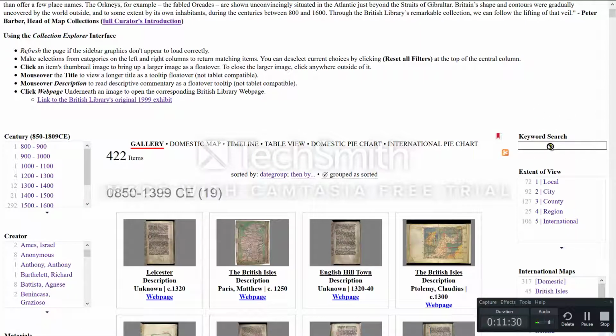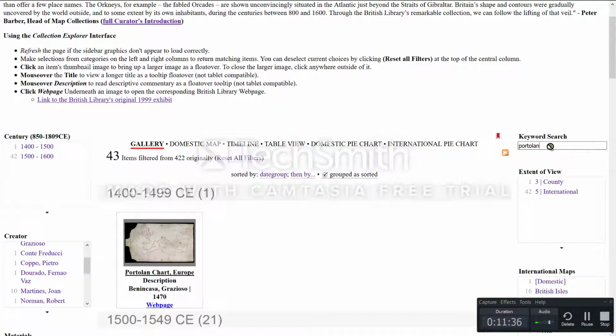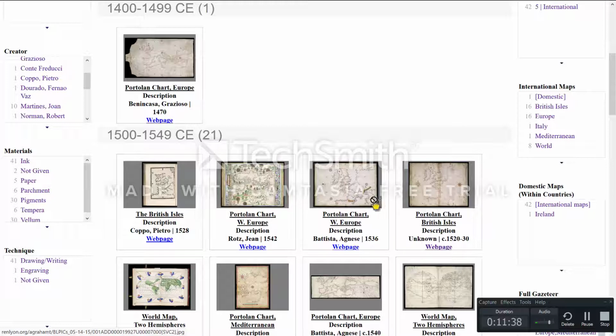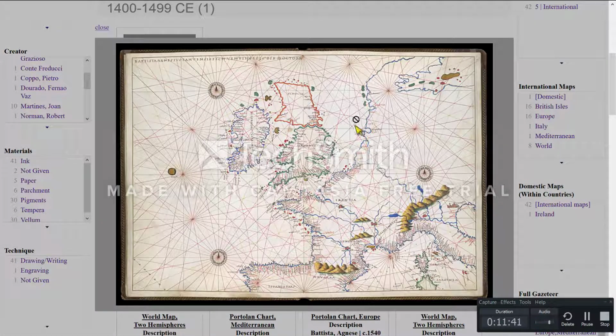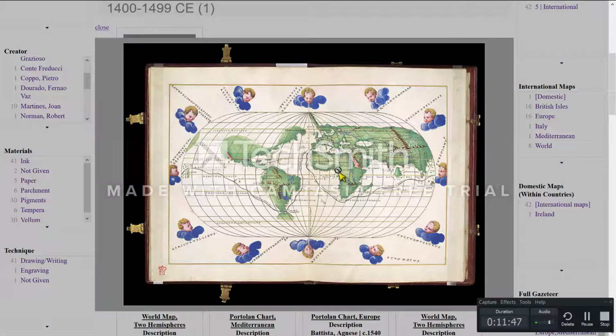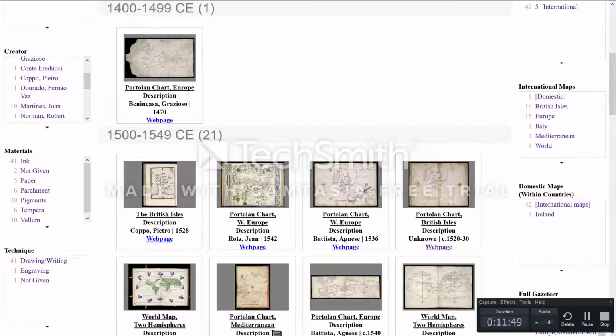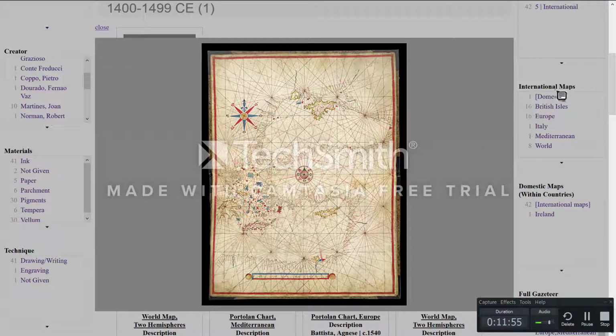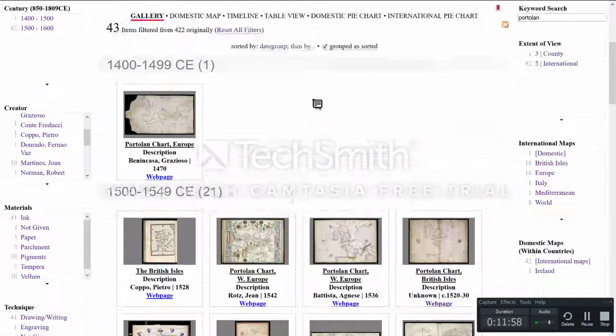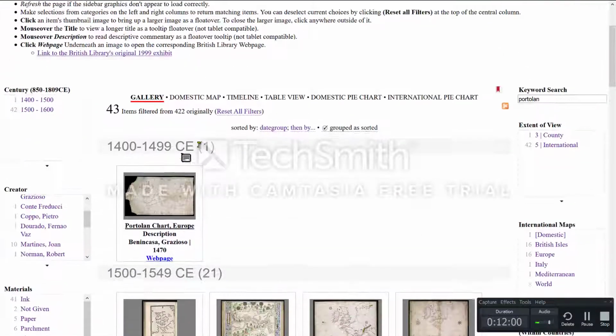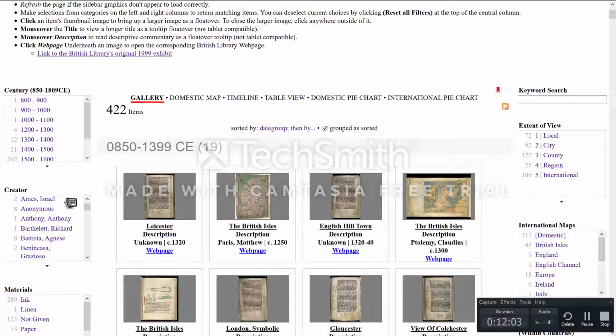Now, it does support keyword search. So I'll search for Portland, which is a particularly interesting type of map, mostly shoreline done by sailors, and a rather early map. And all these are related to the Portland chart tradition. So you can search by keyword, but you can also browse by date, by creator, and by the area described. For instance, if we wanted to look at Ireland,